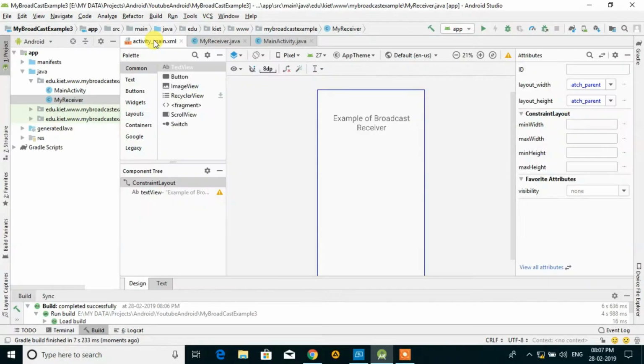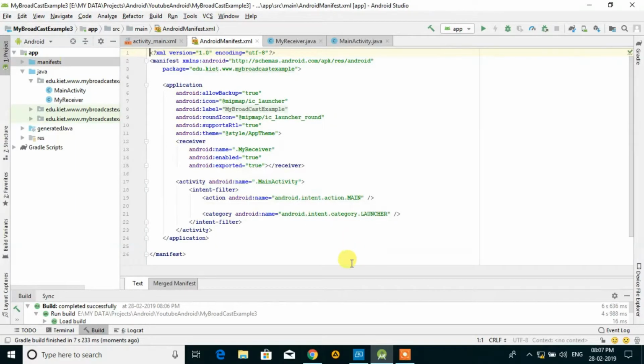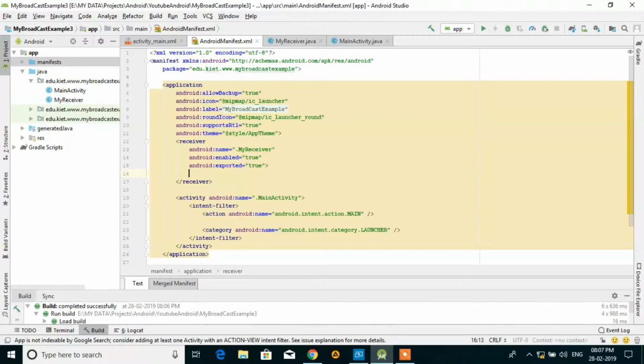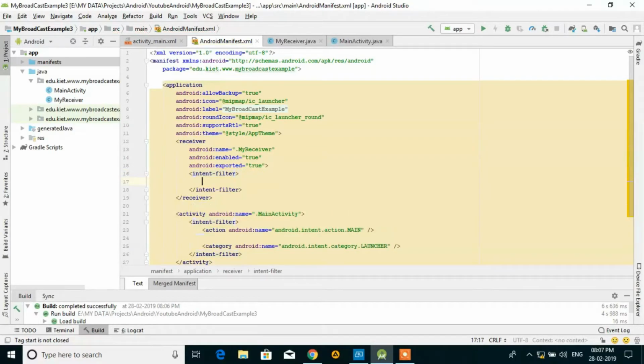Now we go to the manifest file. In the receiver portion, we have to give some intent filter for setting a broadcast. Here we have to set the action.